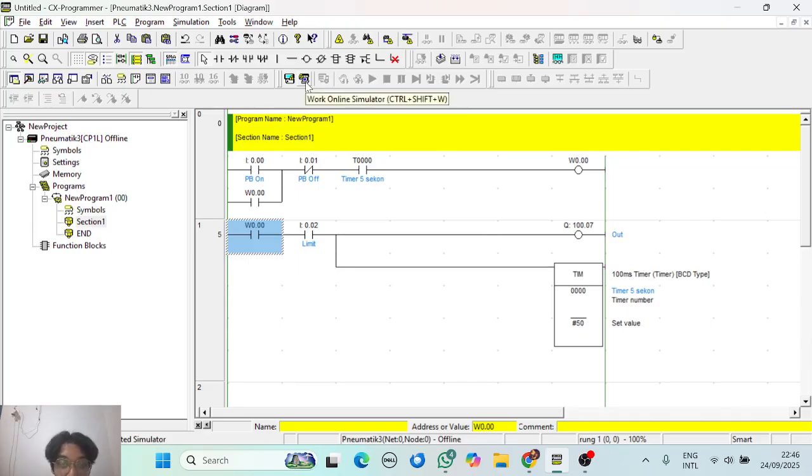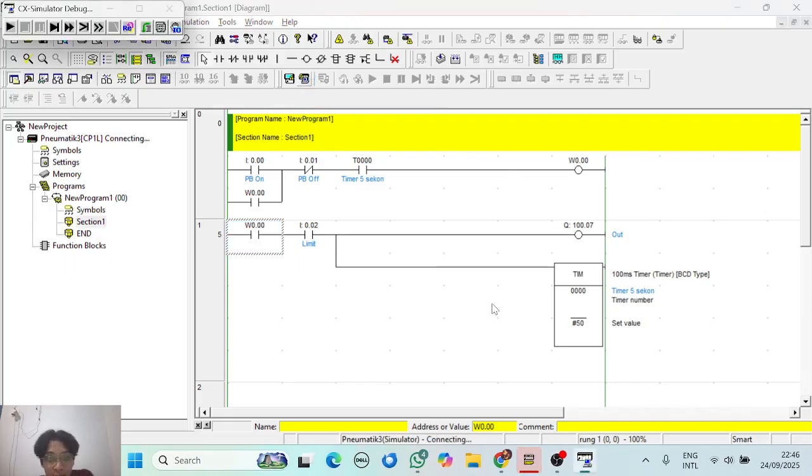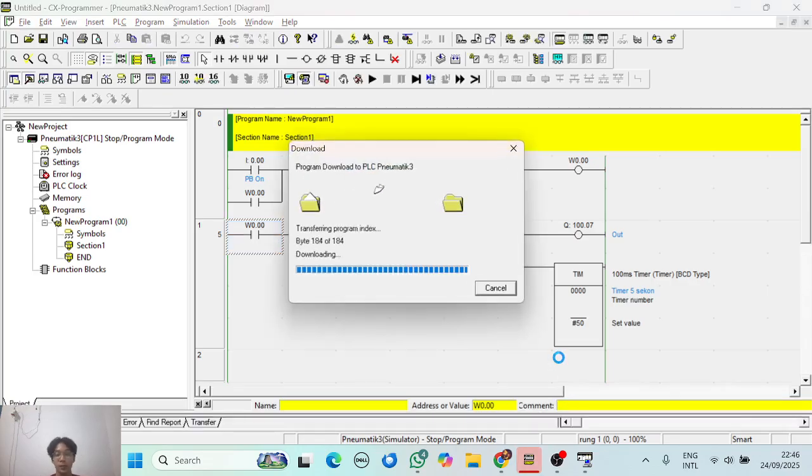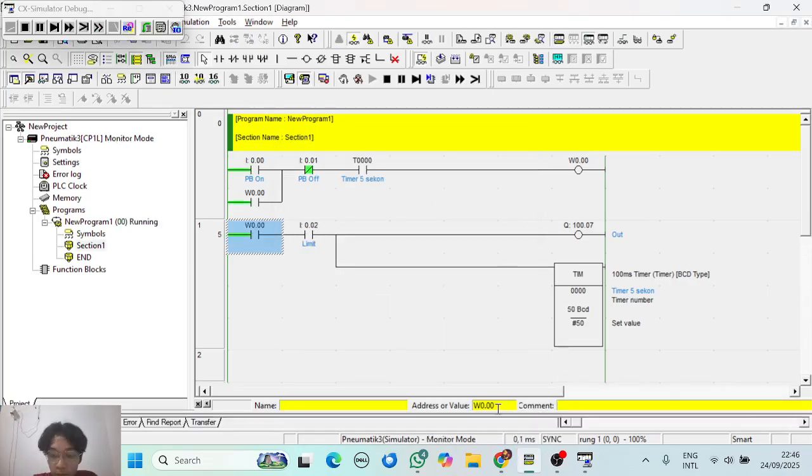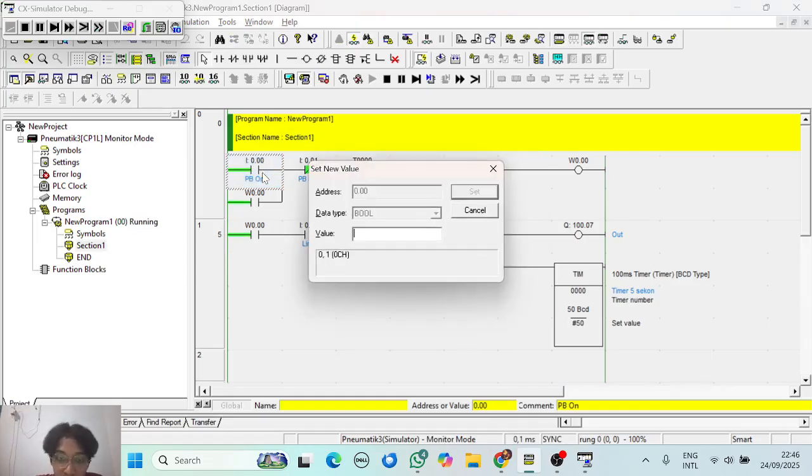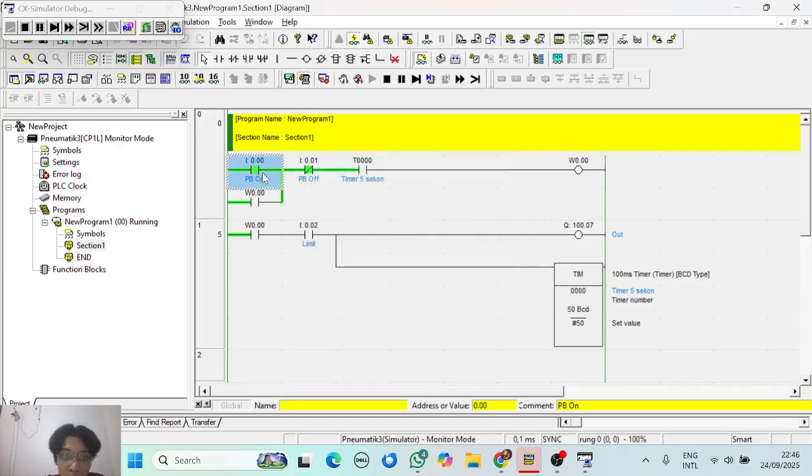We can make this ladder PLC work on an online simulator. We can start. Okay. If we add some value like 1 to push button on, it will make the signal continue to push button off, but it stops on the timer 5 seconds because the